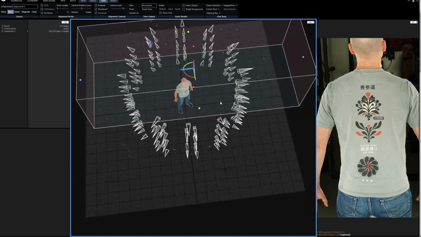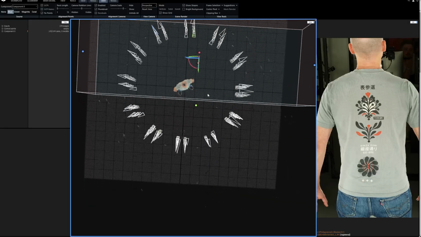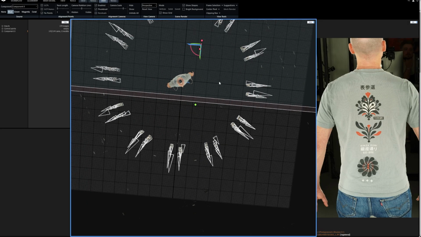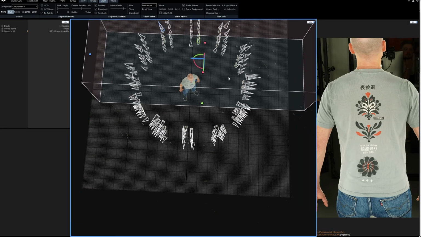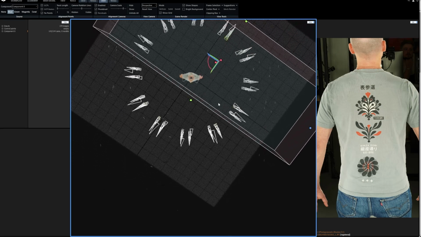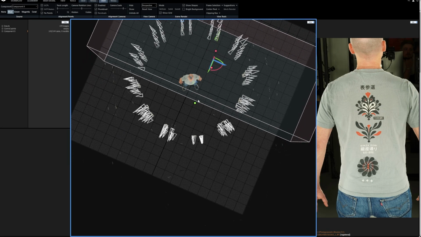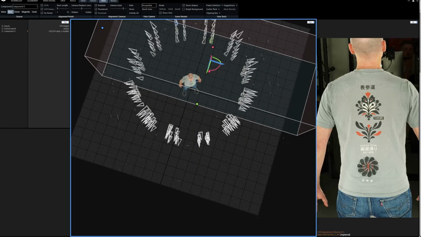What we don't want to do is process the entire room. Now we've got this rough point cloud in here. We want to tell Reality Capture exactly what we want to keep and what we don't. So we're not interested in anything apart from the subject in the middle here. So what I'm going to do is just go over to